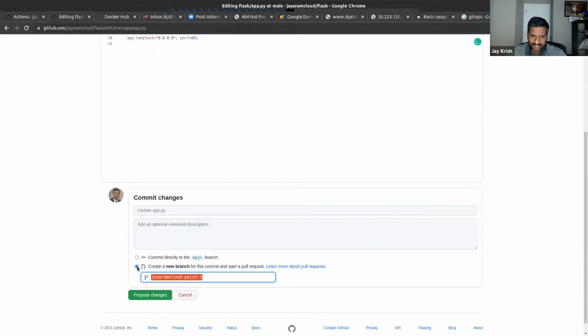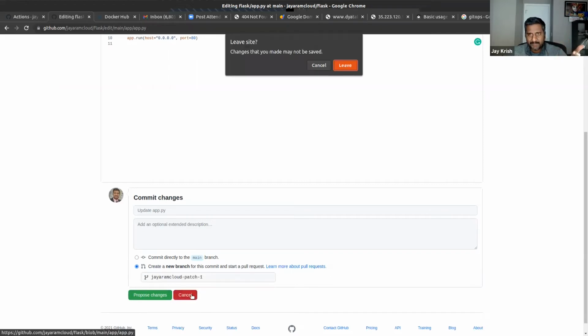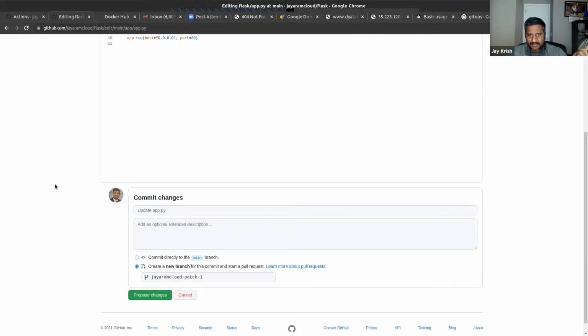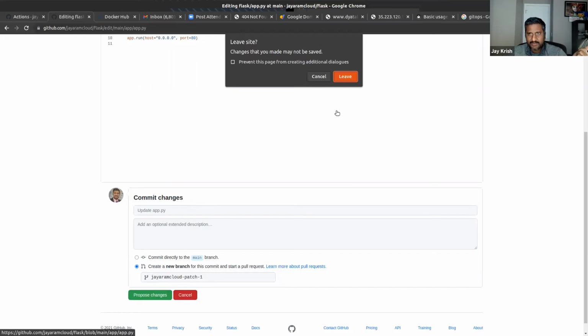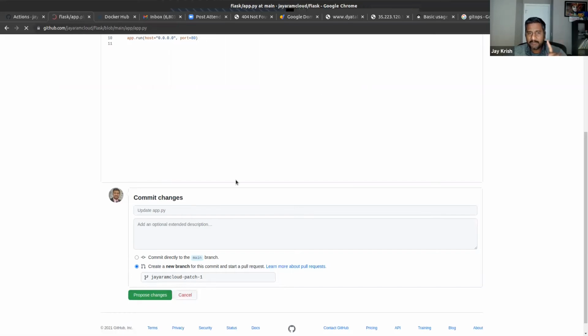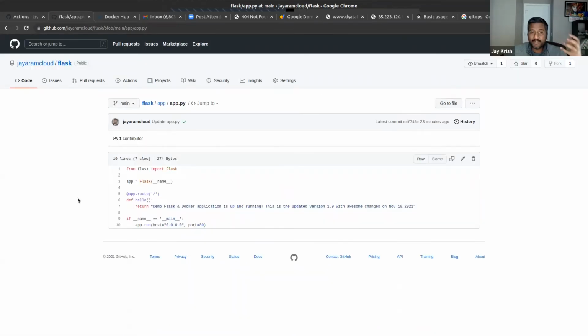I'll create a new branch and I'll give it to another developer. Hey, have a look. This is the change I want to do. Or you yourself can merge it. I mean, the point I'm trying to make here is that no developer is even allowed to directly merge to the master in a real-life production scenario.